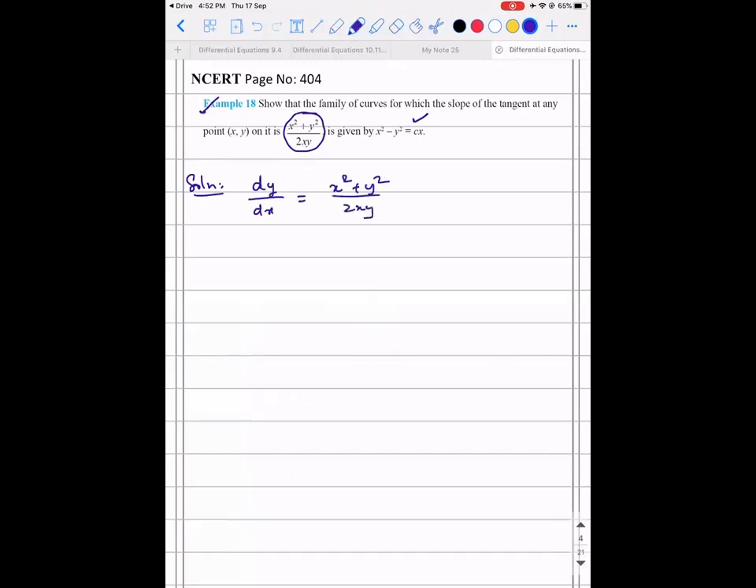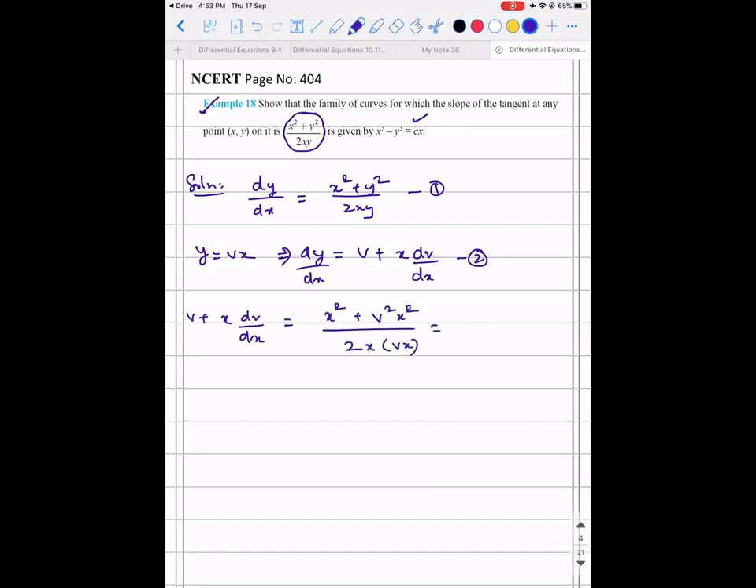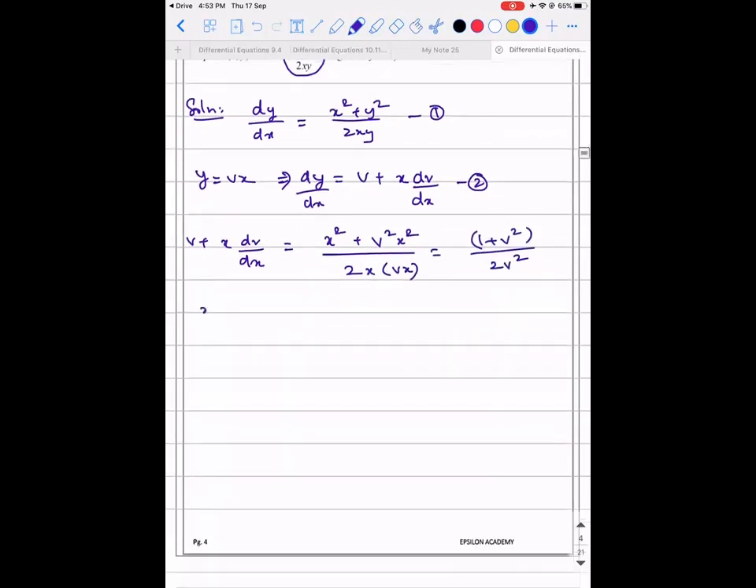Right? Now how to solve this? Let this be equation number 1. Put y is equal to vx. So v plus x into dv by dx is equal to x square plus v square x square divided by 2 into x into vx. If you take out x square common, 1 plus v square divided by 2v is this thing. Replace it, x into dv by dx is equal to 1 plus v square divided by 2v minus v,